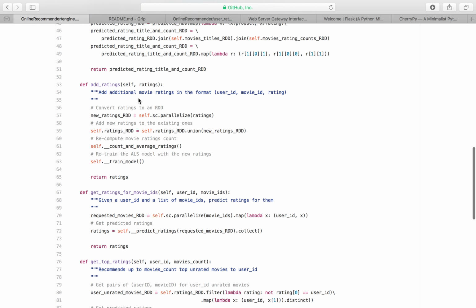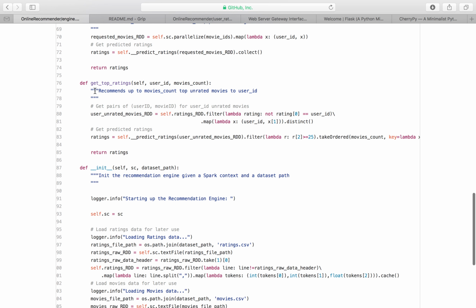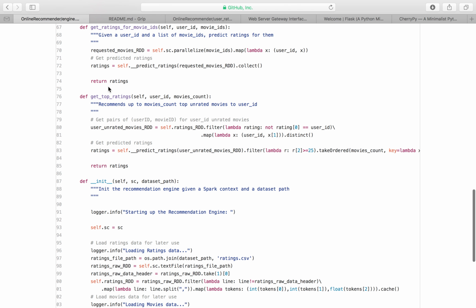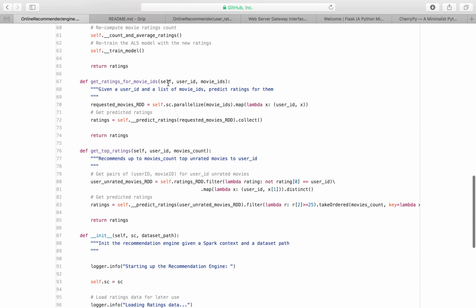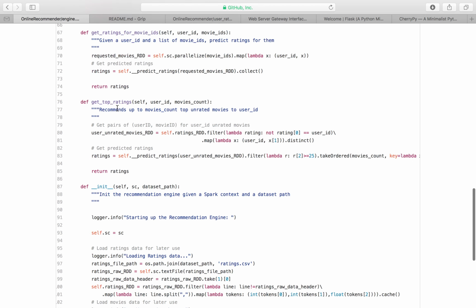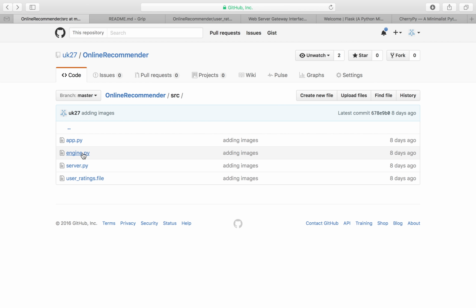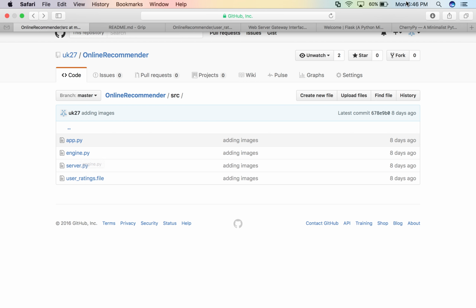After we have trained the model with the new user, we can again use any of these functions, either to get the top N recommendations for the user, or to get the ratings for a specific movie for this particular user. So that's all about the engine.py, and